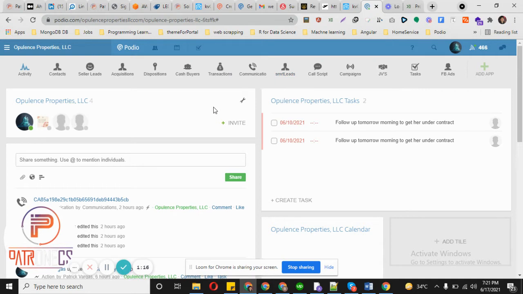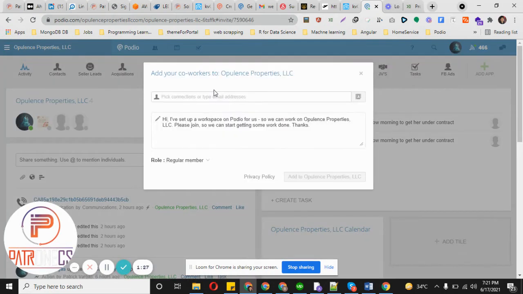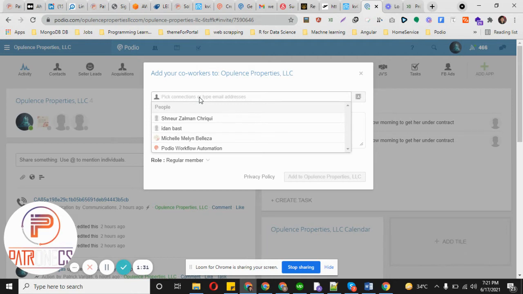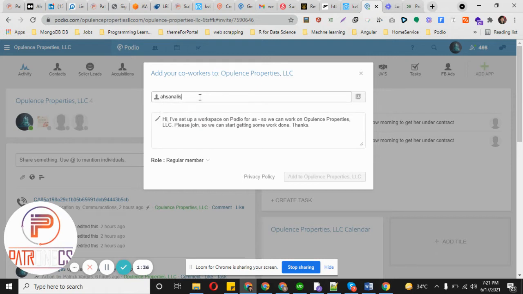They can share data. So if I am in this workspace and I have to add someone, I will click on this invite button. When you click on the invite button, you have an option to type the email address of the person you want to add. So I will type my email address here. When you type here, if they are already part of any workspace, you will get a suggestion. If they are not, then you will not.